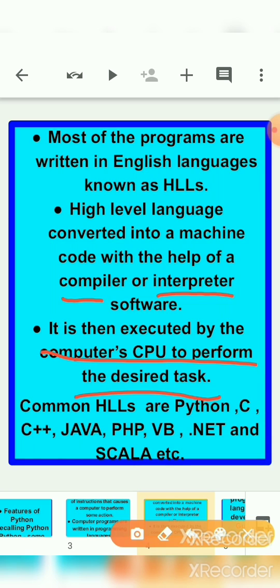Okay, so for doing any action, CPU needs some instruction. So when this high level language, whatever instruction you have given in the English form, gets converted into machine code, CPU starts working at that time, because now CPU knows what it has to do. So it starts doing its desired task.